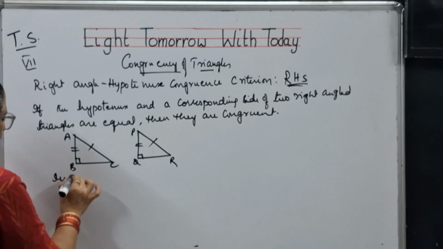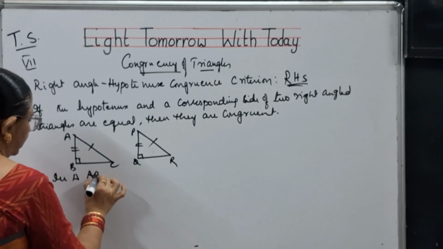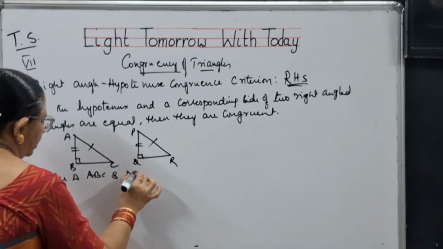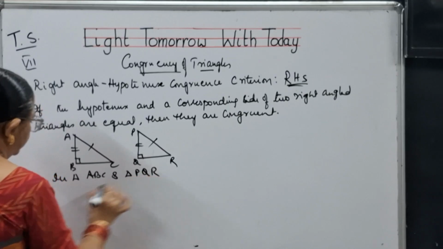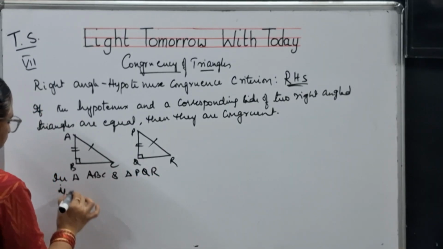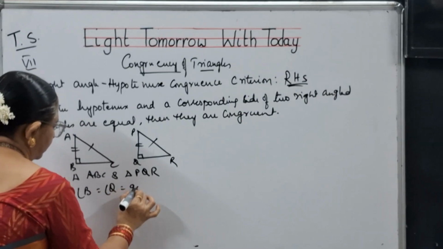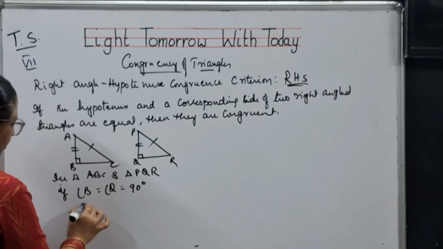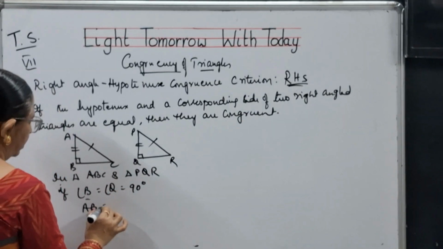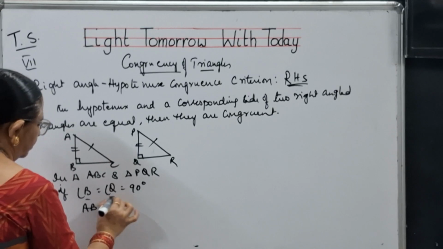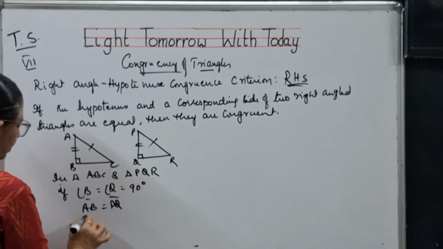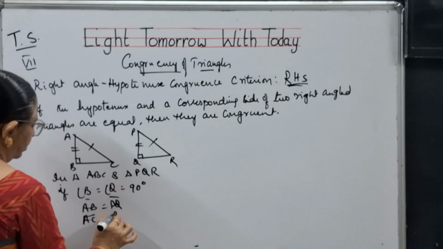So in triangles ABC and PQR, if angle B is equal to angle Q is equal to 90 degrees, AB is equal to PQ and AC is equal to PR,